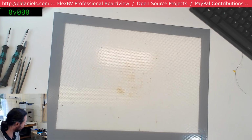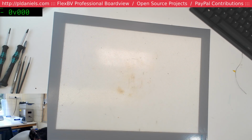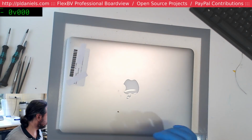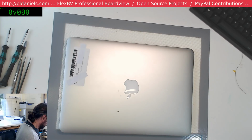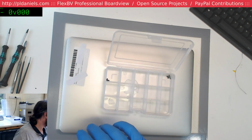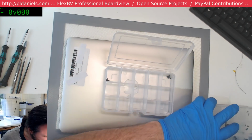Water damage. This isn't water damage. It's not water damage. This is dog urine. I just gotta get another container. Those screws are